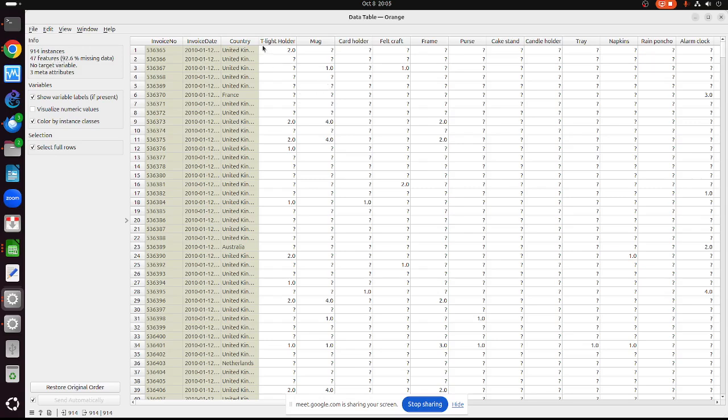Okay, the problem is this line is basically the invoice. Invoice number, we have invoice date, we have countries, and this is the thing that people buy. Okay, now if we want to analyze,